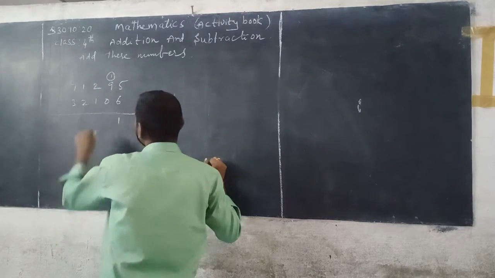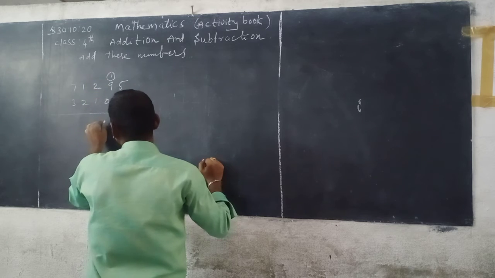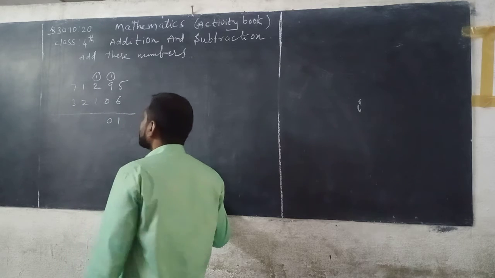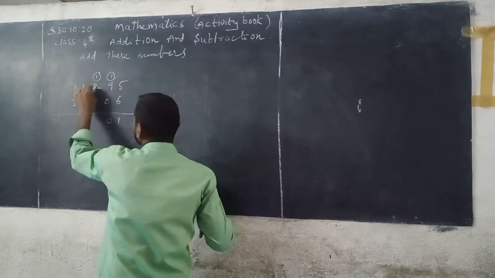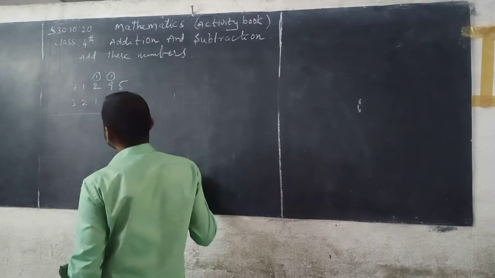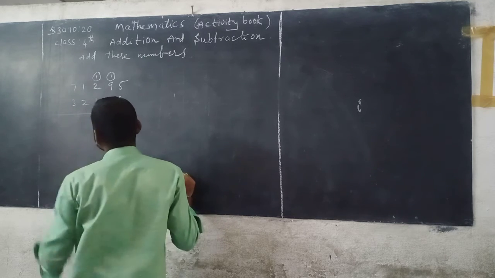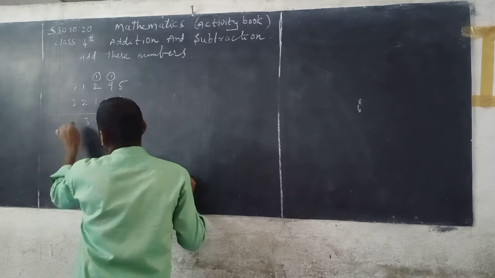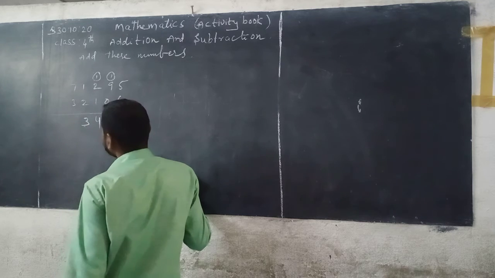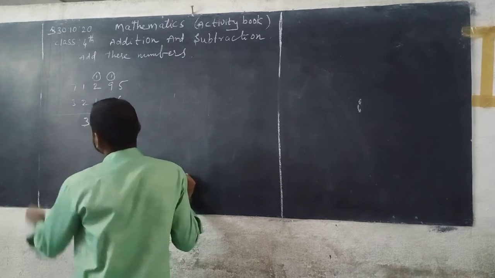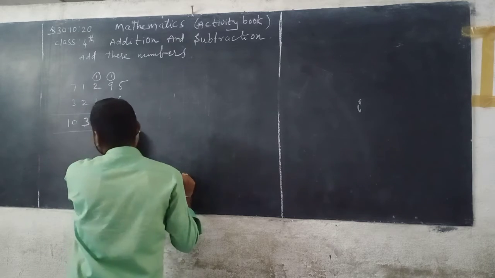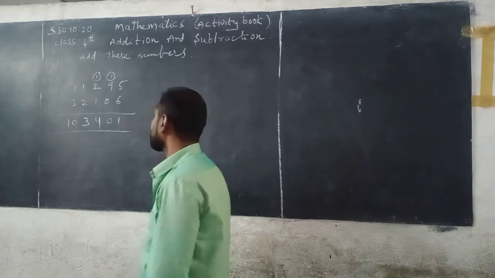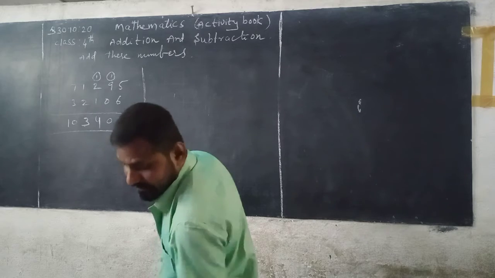Next add the digits in the tens place, that is 1 plus 9, 10, 10 plus 0, 10. So 0 taking, write down in the tens column and 1 is carrying to the hundreds place. Now next add the digits in the hundreds place, that is 1 plus 2, 3, 3 plus 1, 4, you can write down in the hundreds column. Now next add the digits in the thousands place, that is 1 plus 2, you get 3, write down in the thousands column. Next add the digits in the 10,000 place, that is 7 plus 3, 10, you can write the total 10, because there is no number after it. So here the sum is equal to 1,03,401.